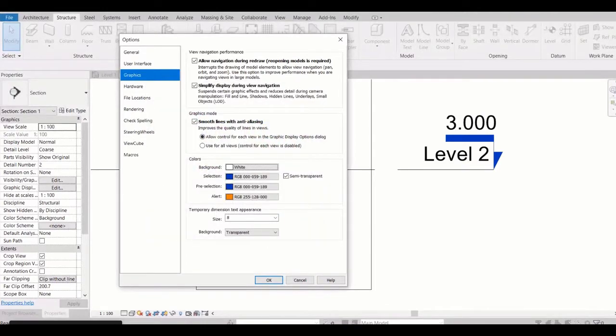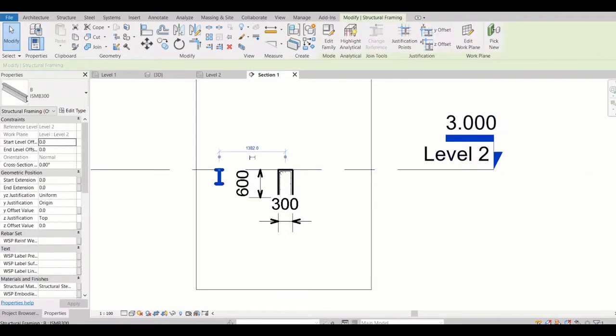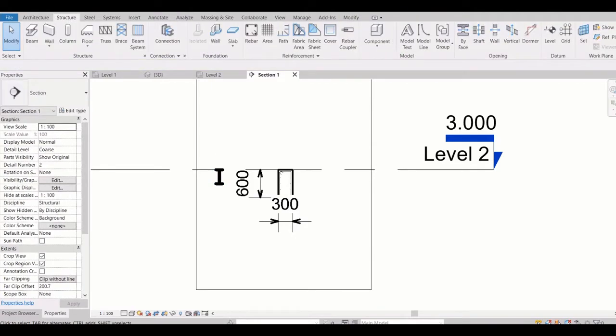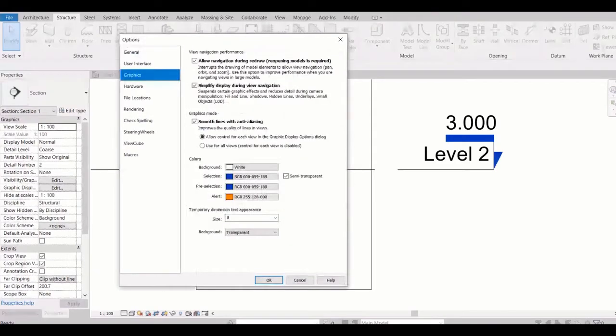Okay, then this is for selection. If I select any element, right now it looks blue, right? Its highlighted color is dark blue. So if you don't want it highlighted blue, you can change it.